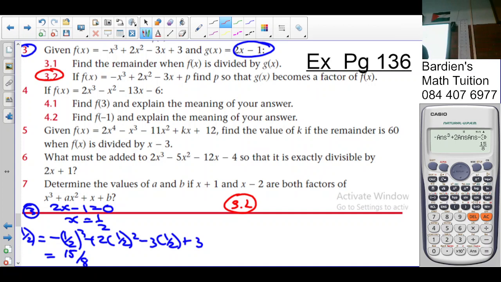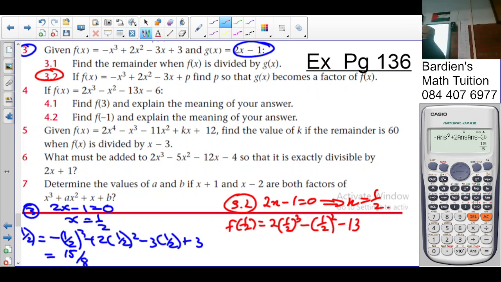So for g of x to become a factor, again 2x minus 1 is equal to 0, which implies that x is equal to a half. So f of a half is going to be